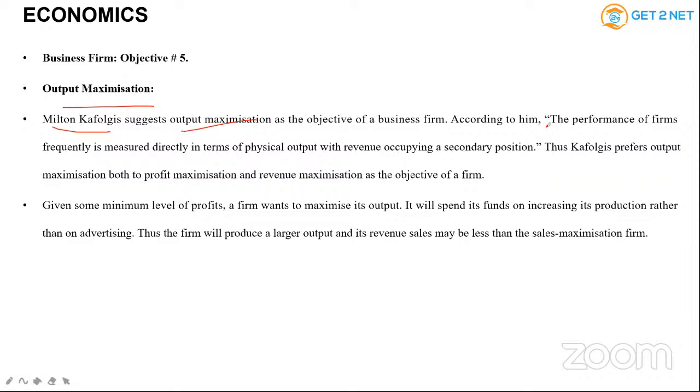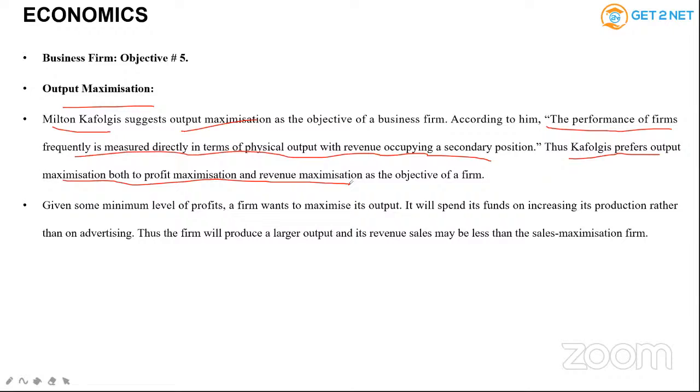Why? उनके हिसाब से अगर हम ऑर्गेनाइजेशन का परफॉर्मेंस छांटने की कोशिश करें और फ्रीक्वेंटली मेजर करने की कोशिश करें इन टर्म्स ऑफ फिजिकल आउटपुट विद रेवेन्यू, ओके, सो रेवेन्यू विल ऑकर अ सेकंड पोजीशन. फिजिकल आउटपुट अगर हमको पता चला कि हमारा आउटपुट इतना बढ़ गया है तो दिमाग में क्या चलेगा, अच्छा आउटपुट क्यों बढ़ रहा है, मार्केट में डिमांड होगा इसीलिए हमारा आउटपुट बढ़ रहा है, तो ऑब्वियसली प्रॉफिट तो आएगा ही आएगा. ओके, thus Kefalgis prefers output maximization in comparison to profit and revenue maximization as the objective of a firm. तो Kefalgis को अगर आप पूछोगे कि objective of a business firm क्या है, वो definitely बोलेंगे output maximization. He won't say profit maximization or revenue maximization. Okay,